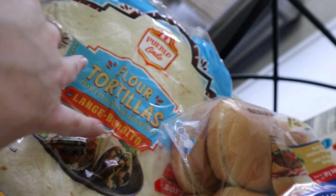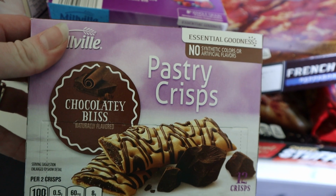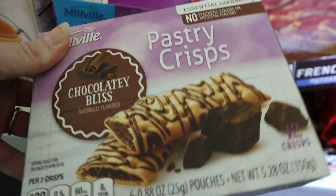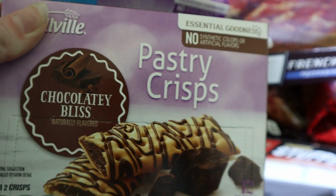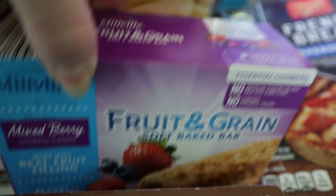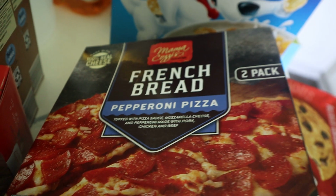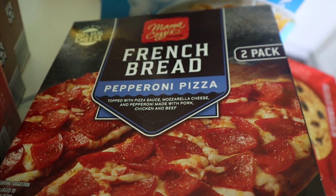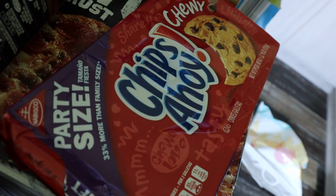And then I picked up some flour tortillas. I also found these. I think these are new, or I just have been blind this whole time. I haven't seen them, but I like chocolate, so I figured I would try these chocolate pastry crisps. They look pretty good. I also grabbed some mixed berry fruit and grain bars, and we also grabbed the strawberry flavor. Have a thing of the French bread pepperoni pizzas,